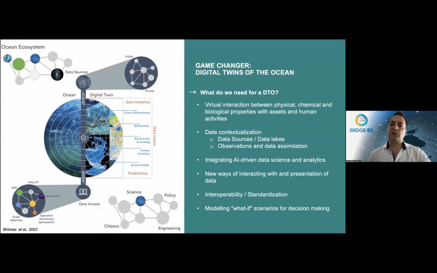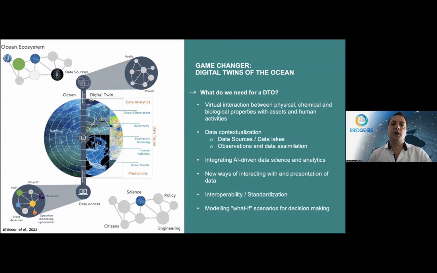And it integrates AI-driven analysis tools and even an emulator for on-demand analysis. And it requires new ways of interaction and presentation of data. Interoperability and standardization are the key aspects, and developing what-if scenarios with the end users and modeling them for decision-making is the end product. It should be the end product or one of the end products of a digital twin